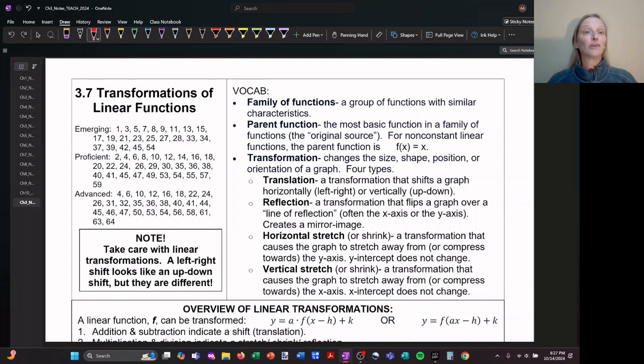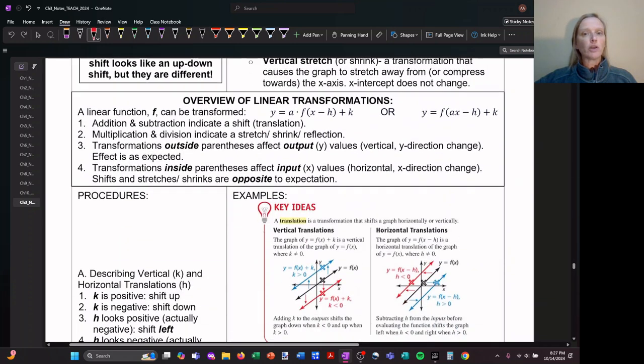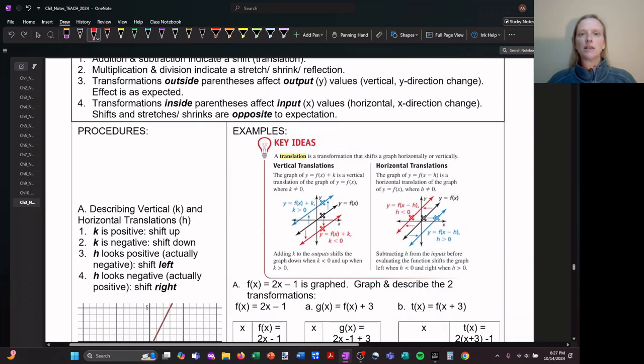Hi, folks. Today we're going to learn about transformations of linear functions. And transformations are just a change to the size or the shape or the position or the orientation of a graph. And today we are looking at transforming linear functions, which are actually some of the hardest transformations to do. Even though it's the simplest function, and that's why we're starting with it, visualizing linear transformations is hard because changes